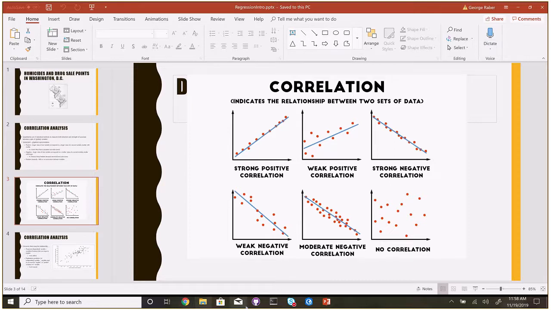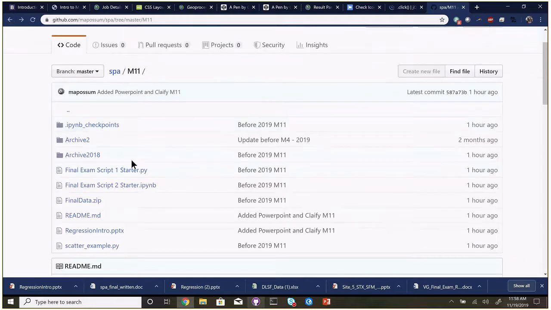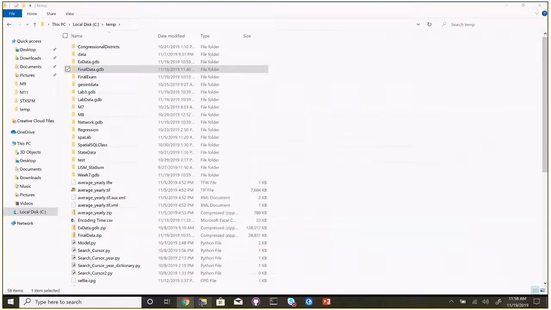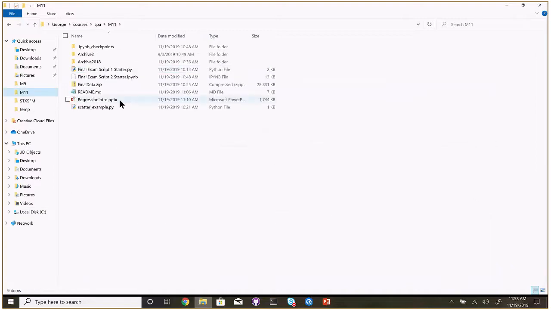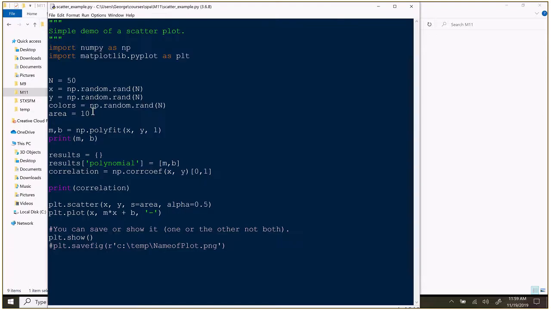If we go back here, I've created a small Python script called scatterexample.py. So if you download that and open it, I already have it downloaded. I'm going to open it up in IDLE. So here is IDLE. I tried to make the contrast better for you all to see with the black background. And what I've done here is I've